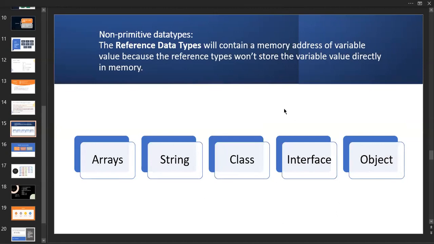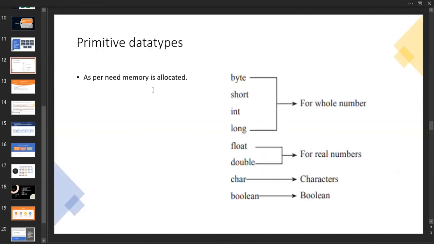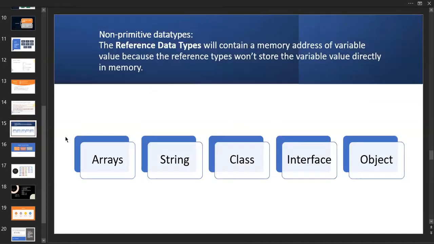And one more thing I want to tell you: people will ask, along with the primitive data types, why can't we treat string as a primitive data type? In some conditions they will say so. It only depends on what we are doing at the time of programming.